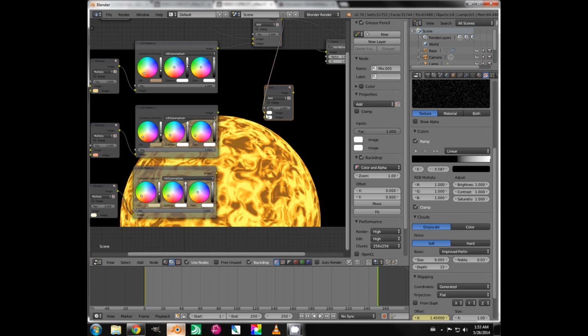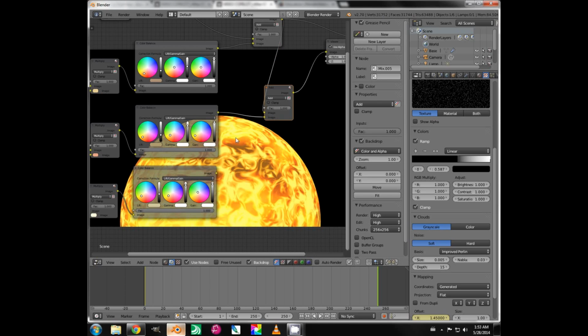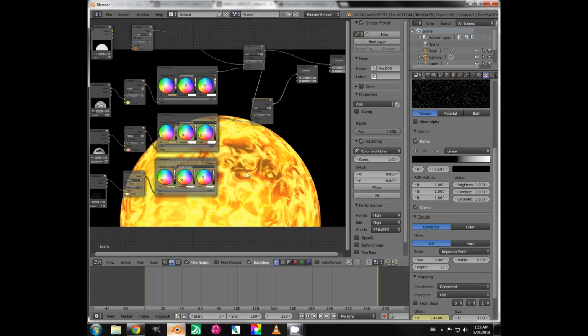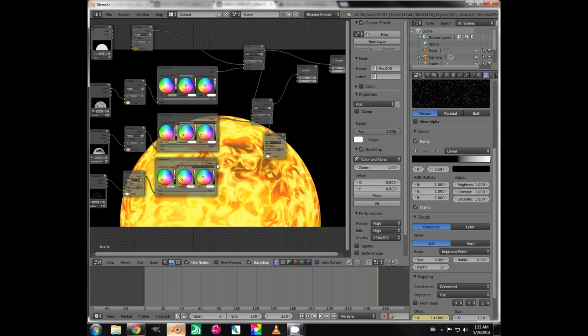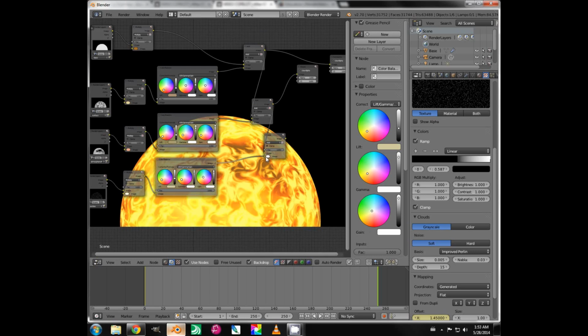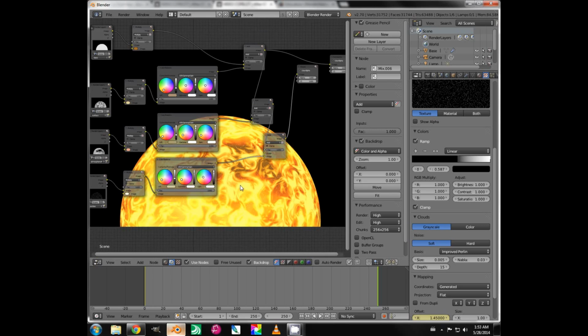Let's duplicate the mix node, the add node rather, and we'll plug it in to the top socket, and we'll plug our next layer underneath. This is our atmosphere layer, and that's pretty cool. You can see it's a little burnt out. Do it again, duplicate, connect the add node, and now connect the final layer. Connect it to the viewer, and there you can see all our sparkles. That's looking pretty fine,